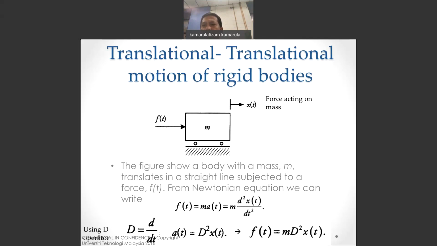This is something a bit more complex, but you just have to follow the basic rule of any control system that uses translational motion. You must have the right free body diagram. Then from there you have to sort out the formula. In this case, you have F equal to ma. You have to take force and